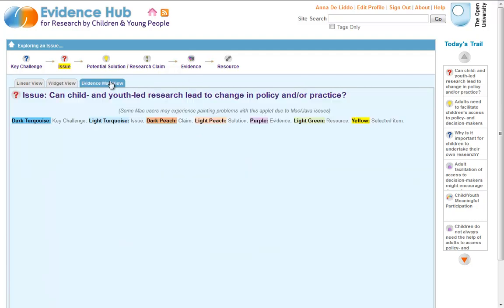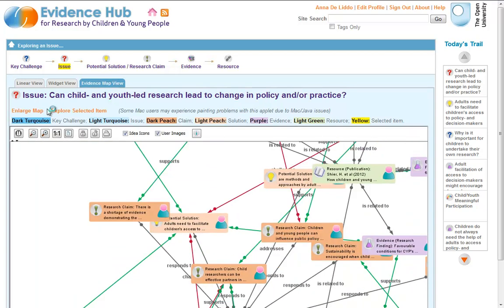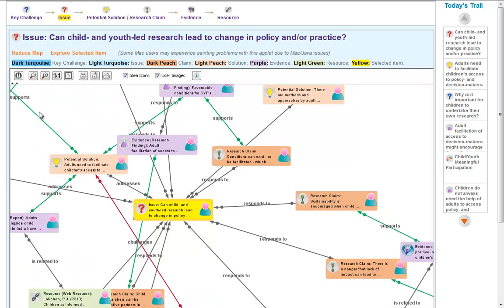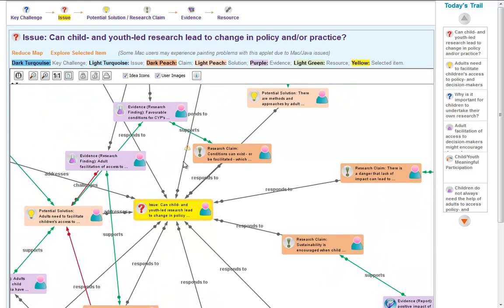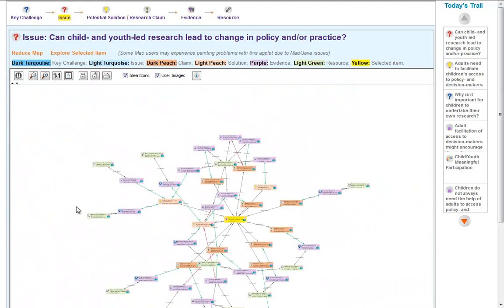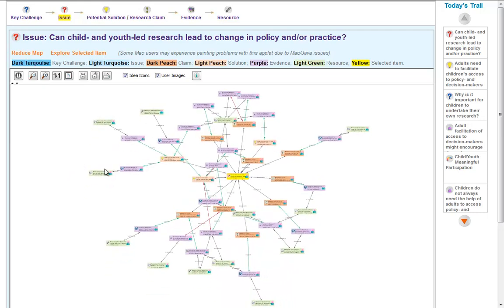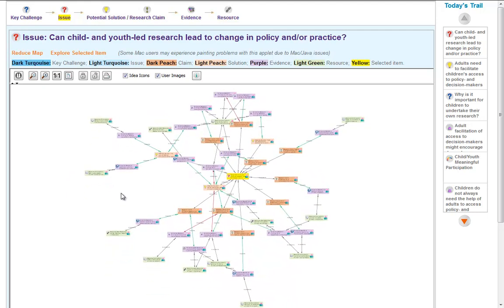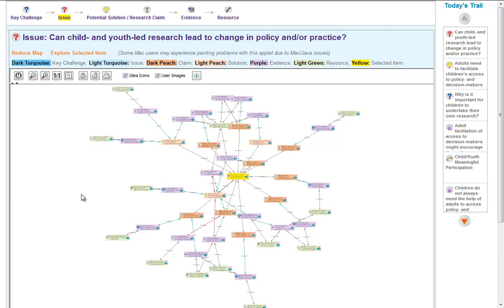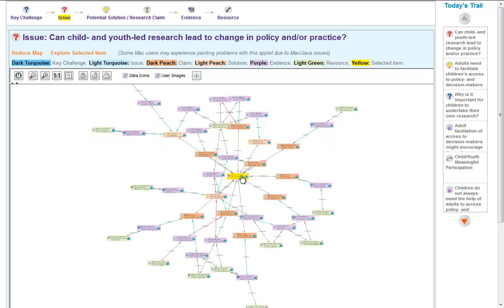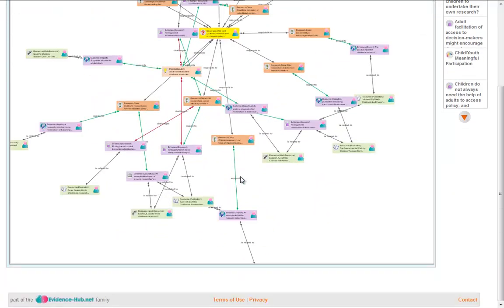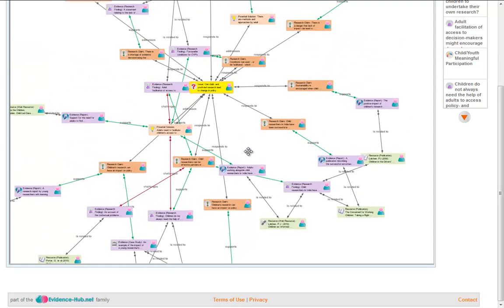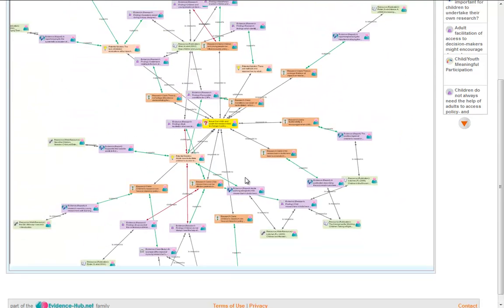So this is going to be a much bigger map now, but for the purposes of analyzing the literature or seeing what the weight of evidence is, this may be a useful view as well. I've just zoomed out so you can see the overall shape. You can see it sort of organizes itself, and if I zoom in on it, then you can see that